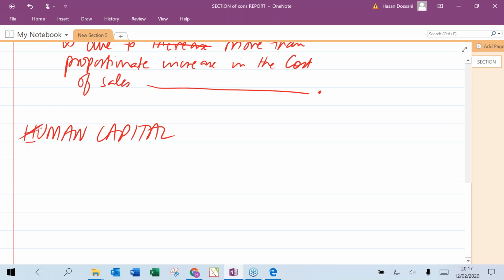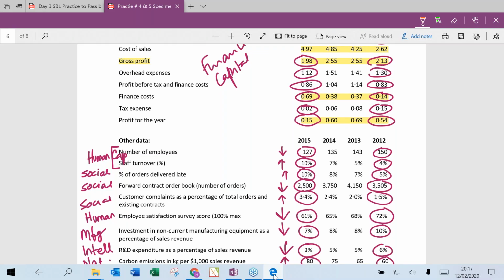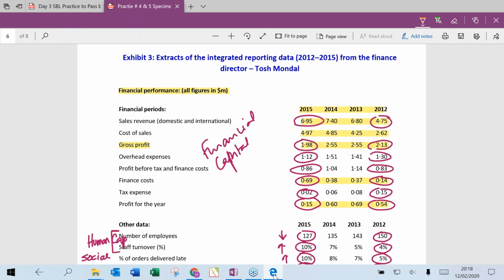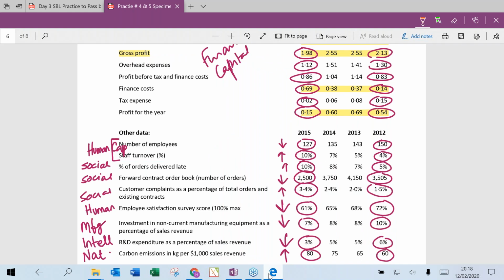I can also show that wording to you under financial capital. Do you think the financial performance or financial situation of the company has improved or deteriorated? Very good. So in that case, our concluding remark would be,